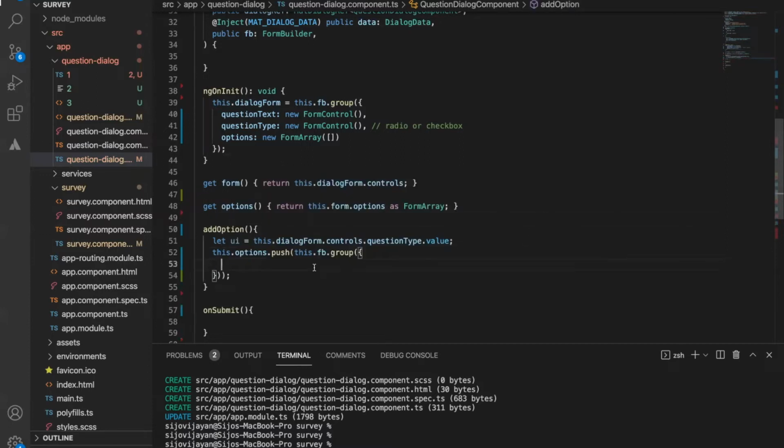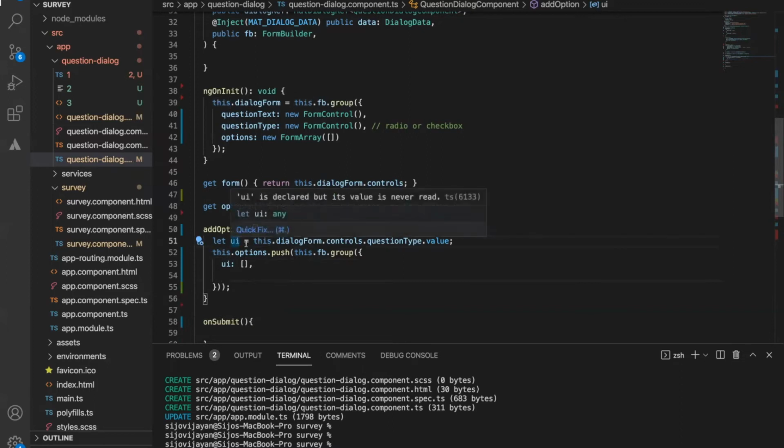We have to pass this as key value pairs, as object properties like UI. I'm not going to pass any specific validation or initial value. So here also we need to add one thing. Here we are already getting the type of UI options that we need. It should be either radio or checkbox.